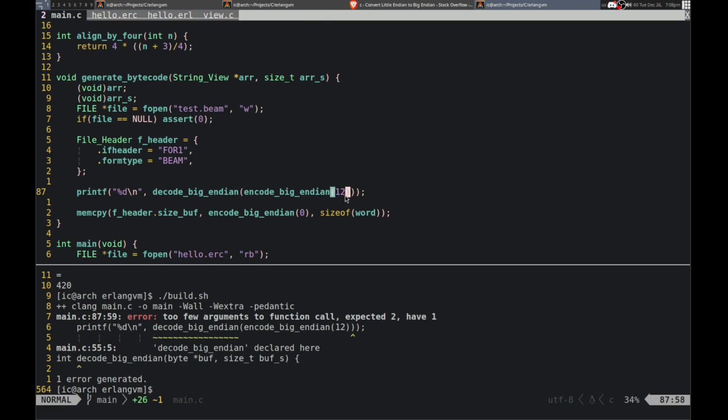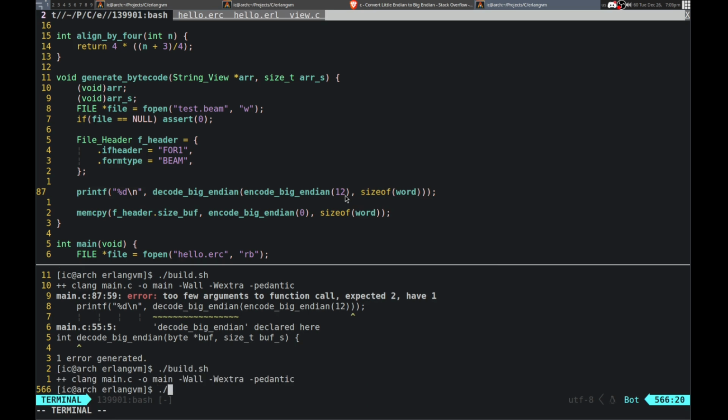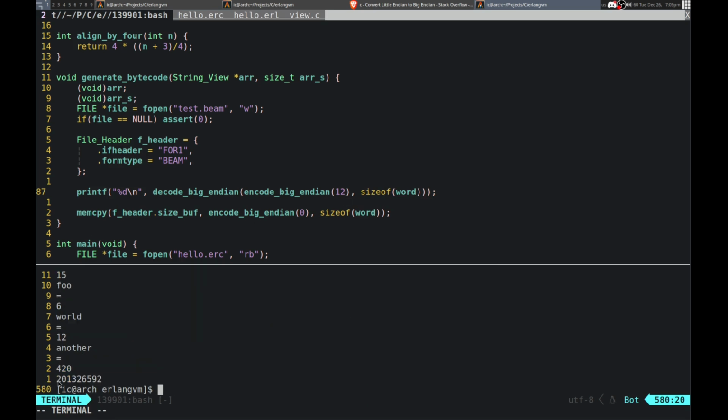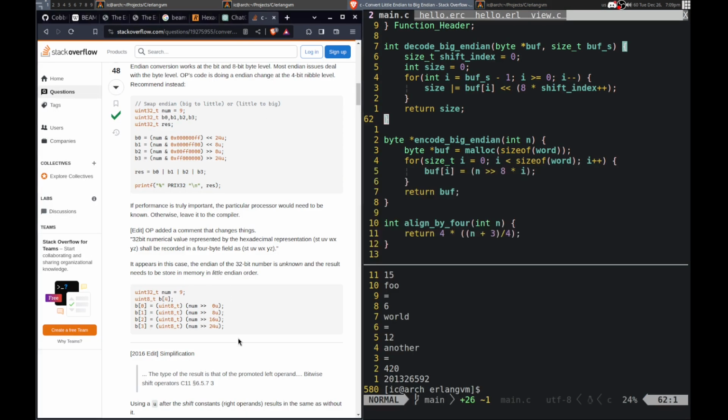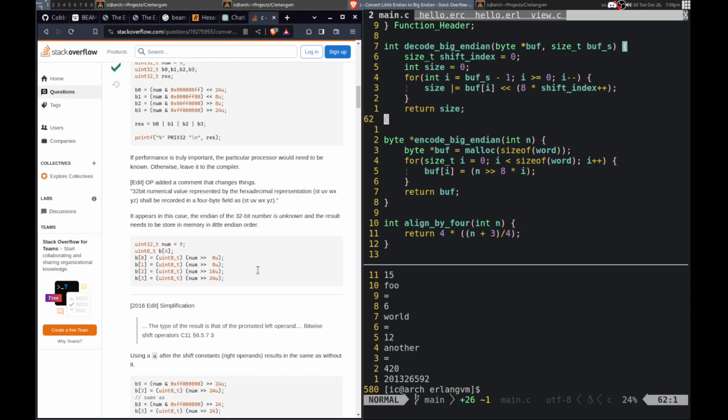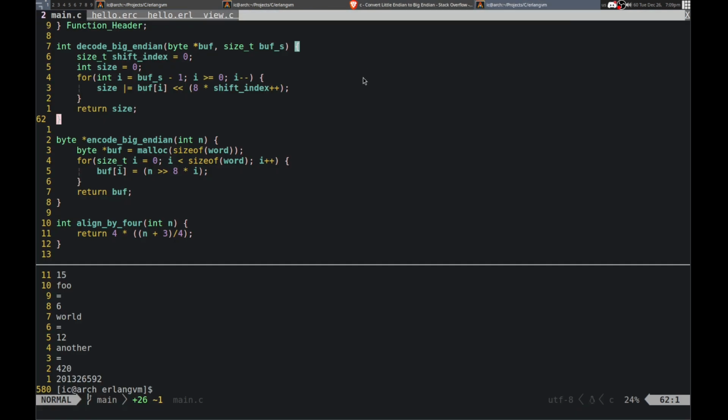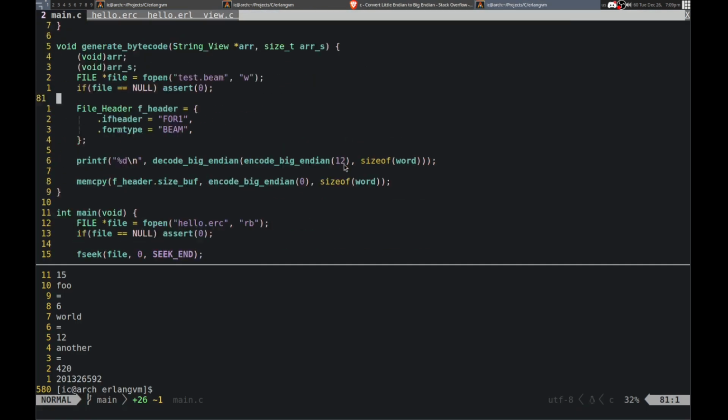Let's see, and we also need the size. It did not work. Okay. So I messed something up bad. It could be in here, or it could be in the way I did this.